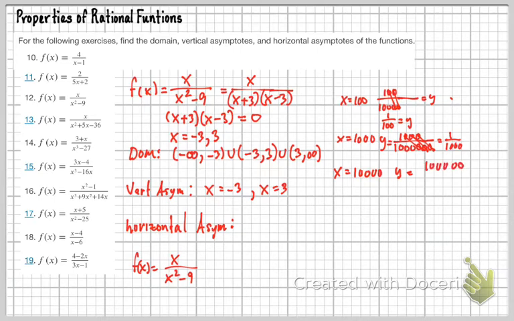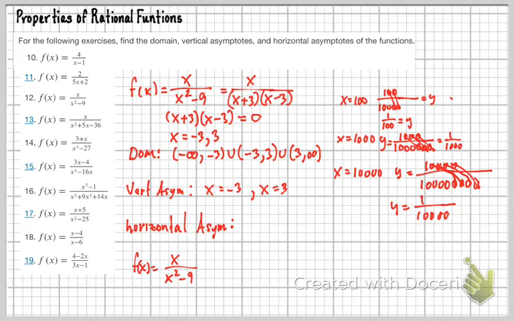That's 5 zeros. No, that's 100,000. Take 1 away. Okay, over 10,000 squared. So 1, 2, 3, 4, 5, 6, 7, 8. So then if I cross those 4 off, I'm going to get my y equal to 1 over 10,000. And hopefully you start to see here that as my x's get larger and larger, my y's are getting